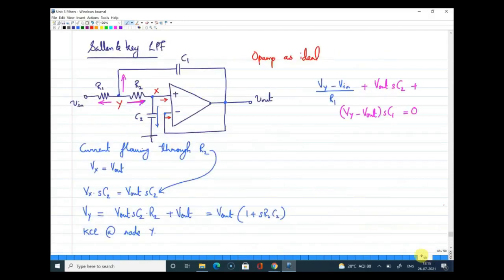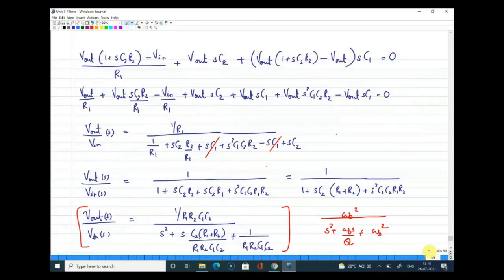So what we have done is I have shown you the general structure of a Sallen key, and we substituted the resistive components for Z1, Z2, and capacitors for Z3 and Z4, and then we obtained the transfer function of this, right? So any questions on this? Are there any questions, or is it clear?